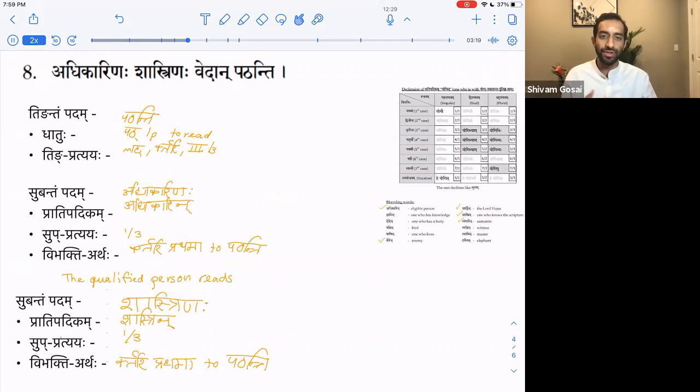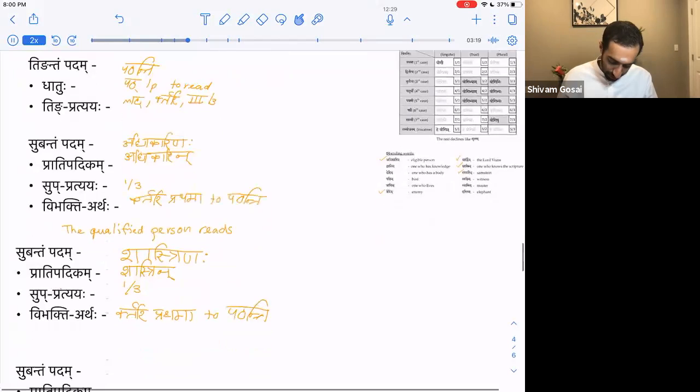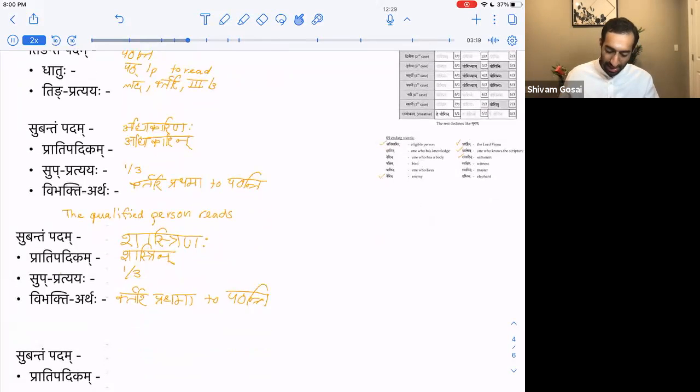Now, what we do when we have two first cases is we say that they're in samanadhikaranam. The English translation is apposition, which is just as foreign as samanadhikaranam. So now we have samanadhikaranam. What that means is that these two words are pointing to one and the same entity, right? So just like I say, the brown cow goes, brown and cow refer to one and the same thing,